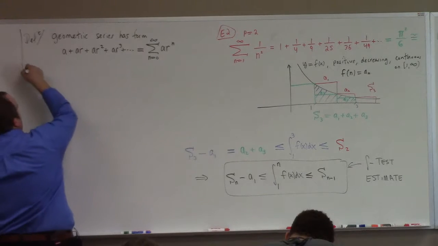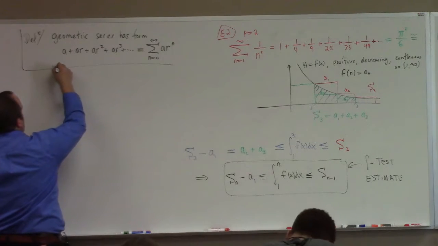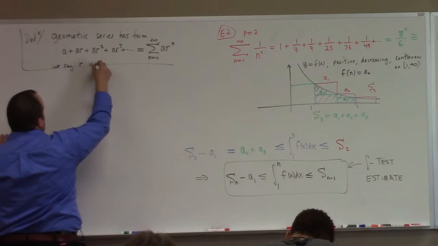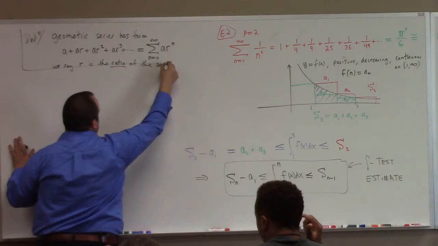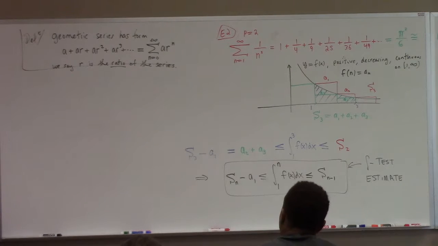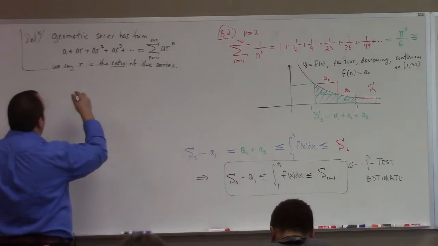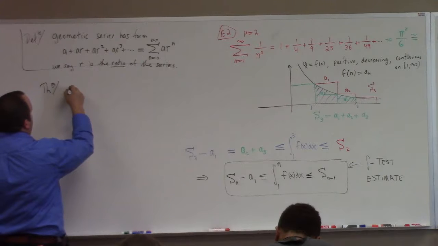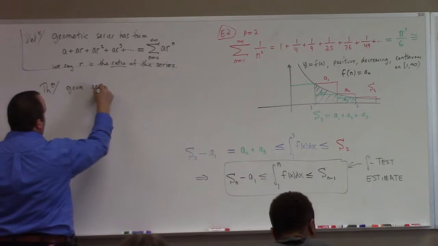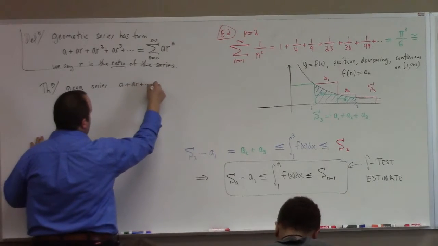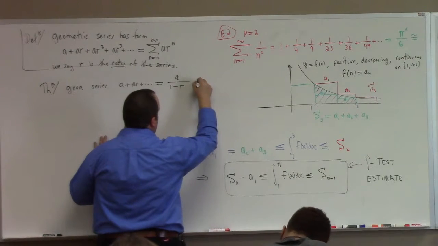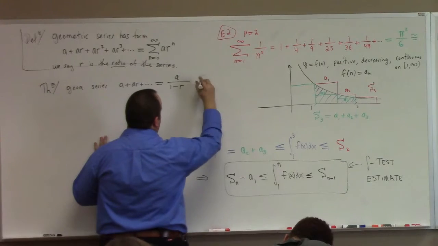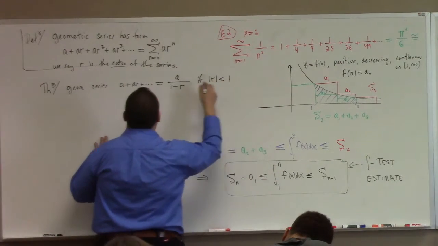And we say R is the ratio of the series. I'm not sure how standard that terminology is. I just want to give it a label. That's not a bad label for it, and I'll explain more in a second why that is. Our theorem was simply this, that the geometric series A plus AR plus dot dot dot equals A over 1 minus R if and only if the absolute value of R is less than 1,